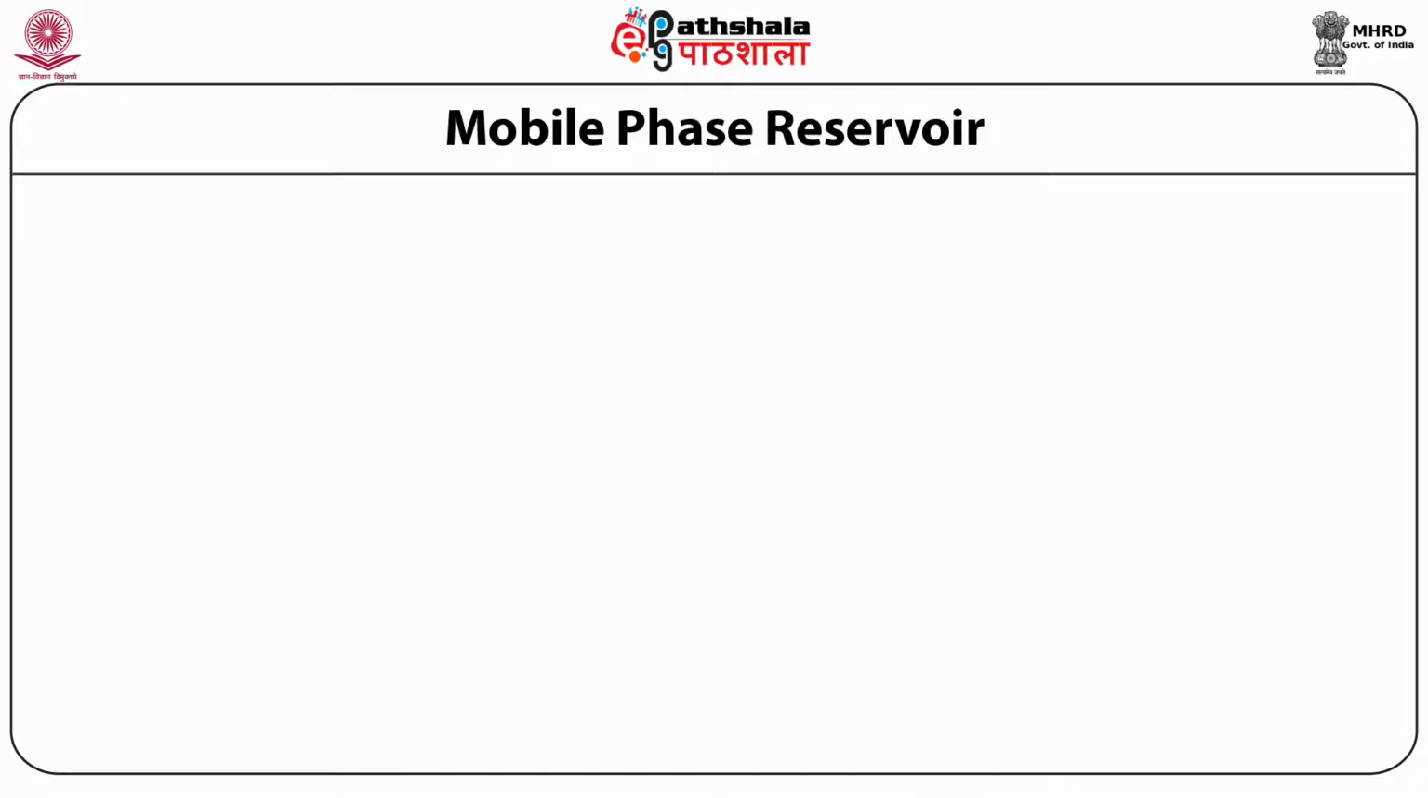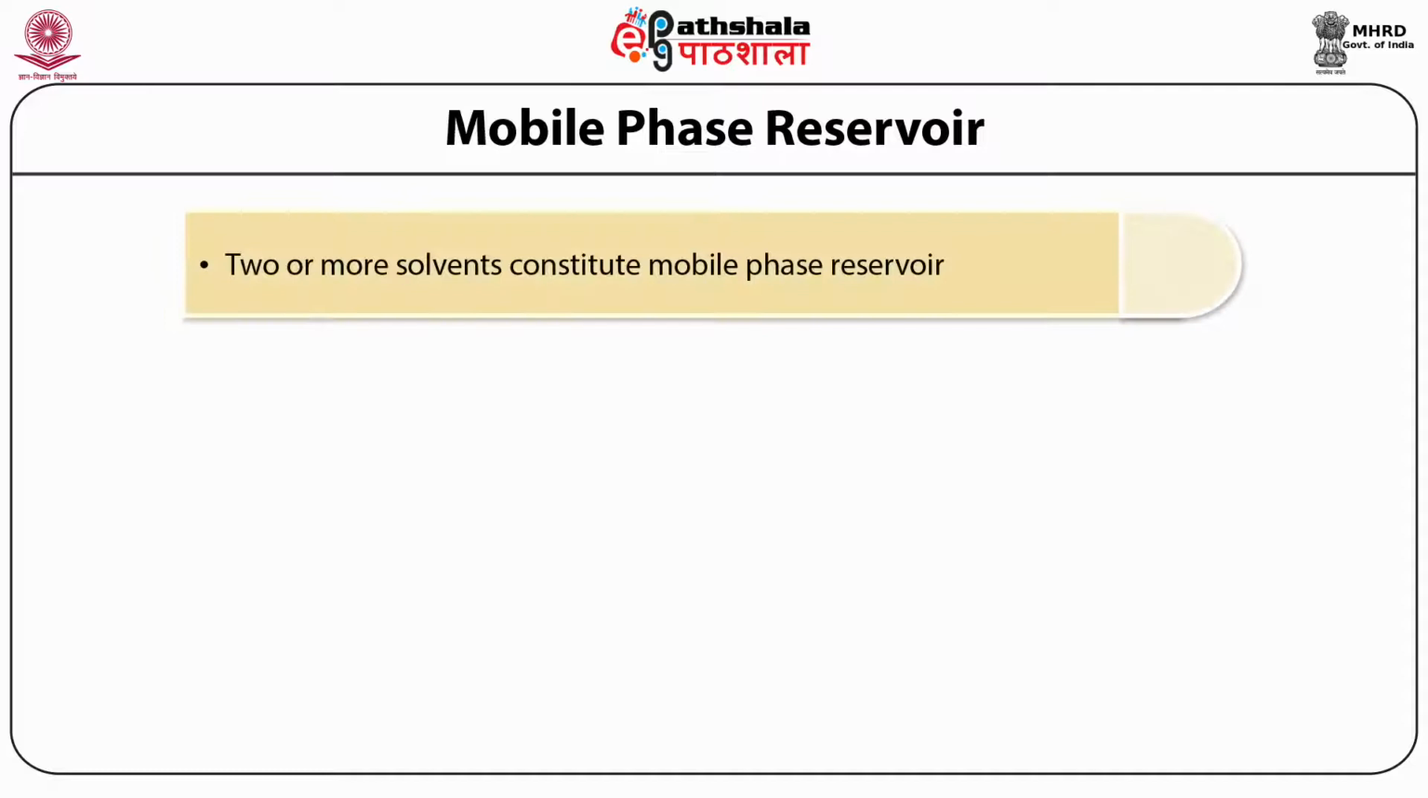Now let us talk about the different components used in ion exchange chromatography. To begin with, the very first step is the selection of a mobile phase. In ion exchange chromatography, there can be two solvents or more, which are blended according to the need to form the mobile phase reservoirs. Usually, most of the purification or separation in ion exchange chromatography uses 2 to 3